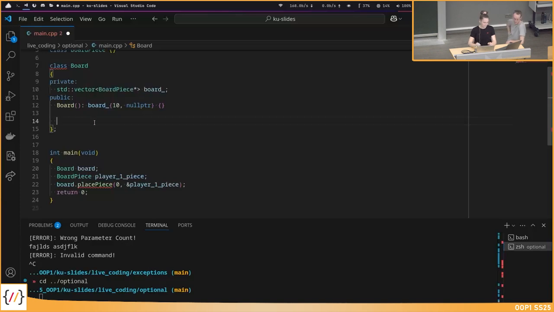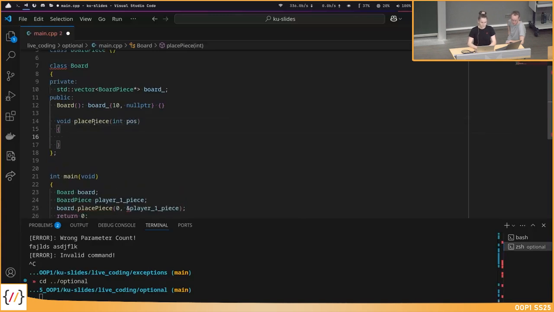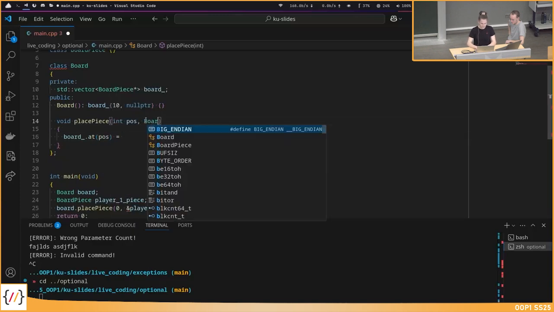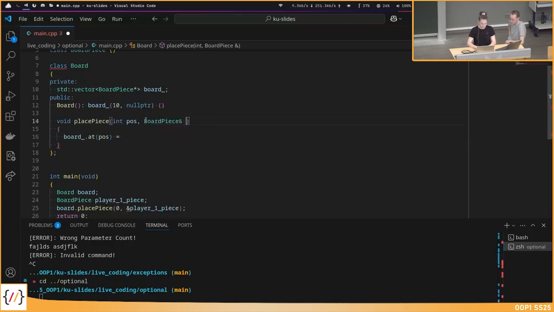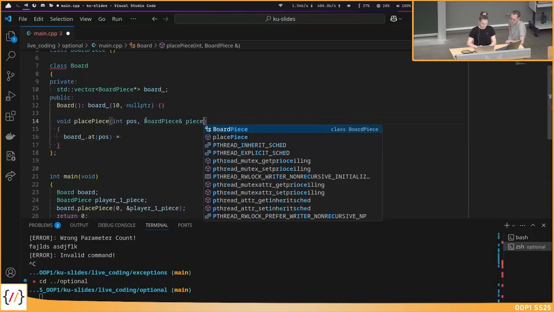Okay. Then we also need this place piece at some position, where I'll just place it on my board. We also need a piece. Something like this.